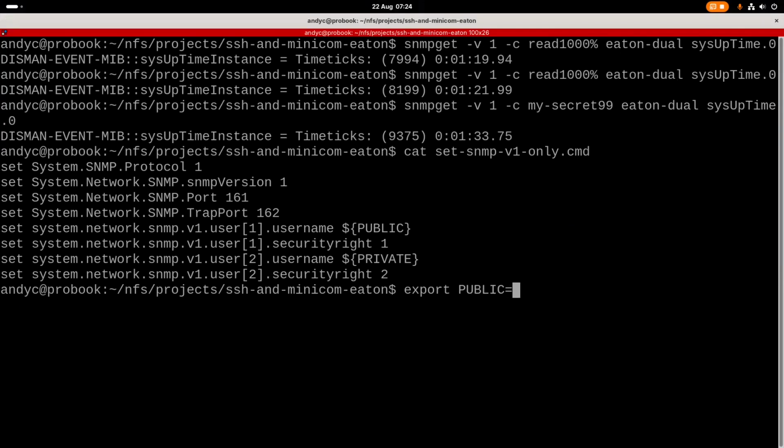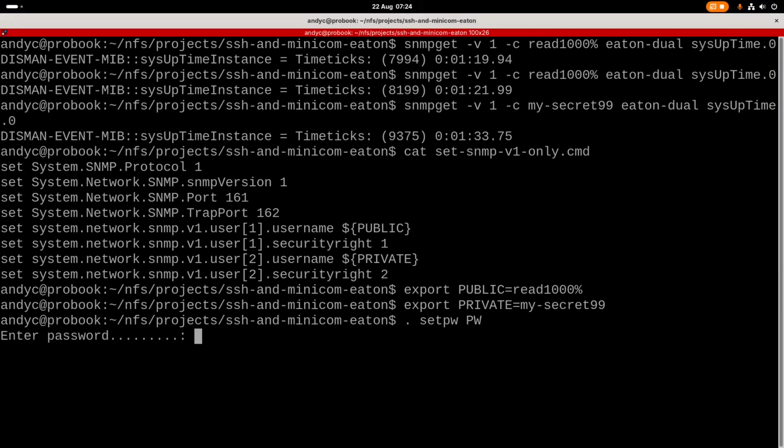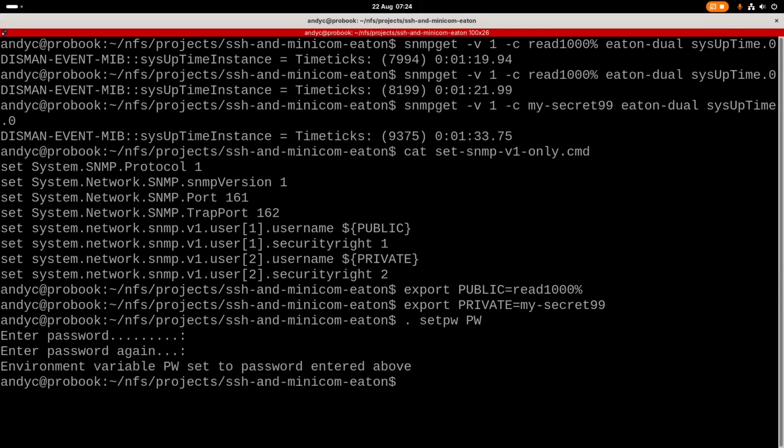So we'll set public to be the same string that we had previously. And the same for the read-write community string. I'm going to set up another environment variable called PW to contain the password for the admin user into the PDU. And now I'm going to